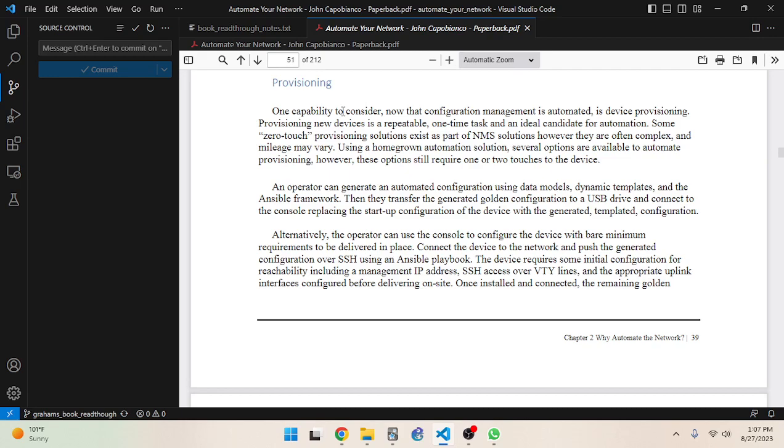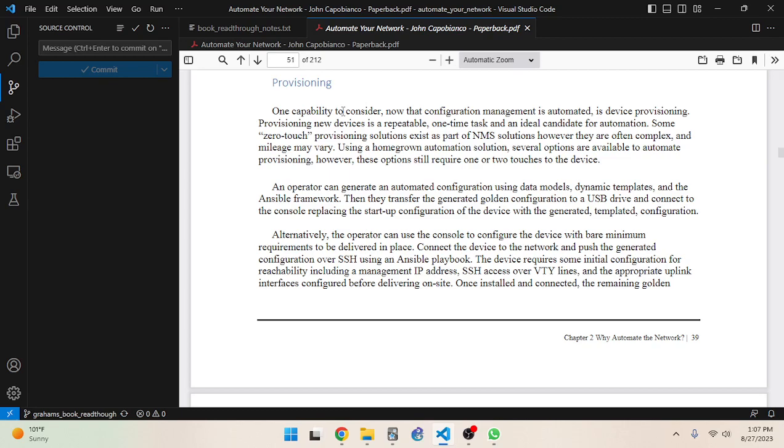Exactly. An operator can generate an automated configuration using data models, dynamic templates, and the Ansible framework. Then they transfer the generated golden configuration to a USB drive and connect to the console, replacing the startup configuration of the device with a generated templated configuration.